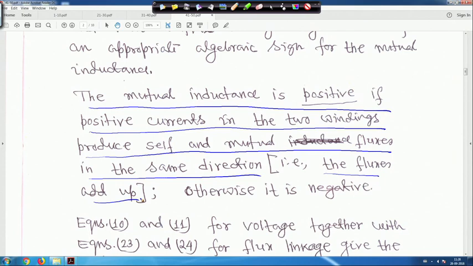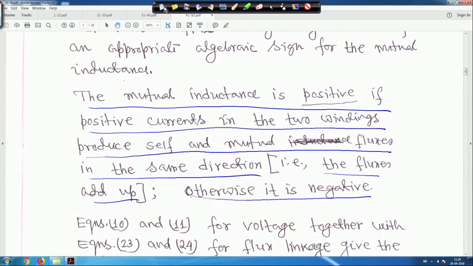That is why I refer again and again to the magnetic and coupled circuit. You read any book or fundamentals of electrical engineering course, the magnetic circuit portion; just brush up your memories if you want to have a look at it. The fluxes add up, otherwise it is negative.